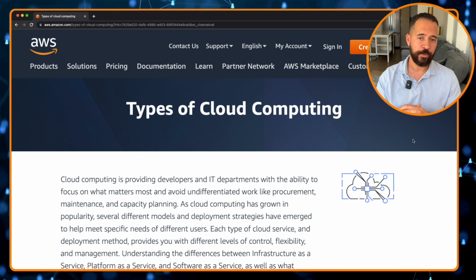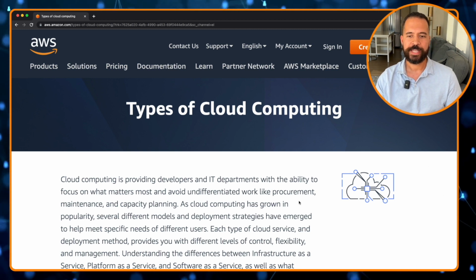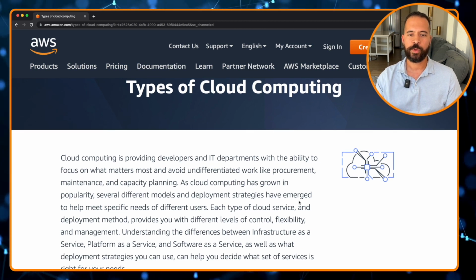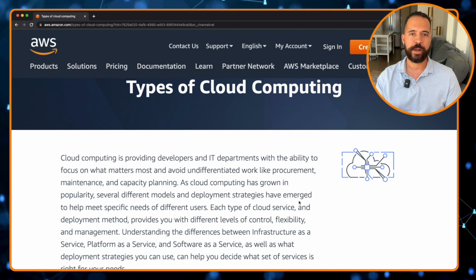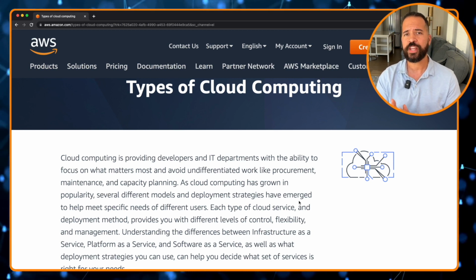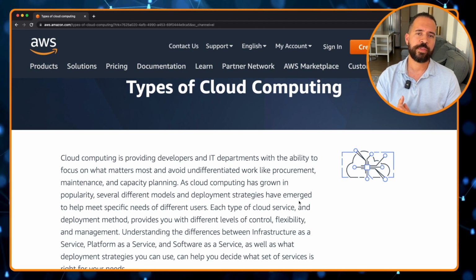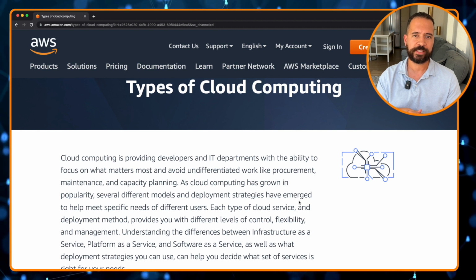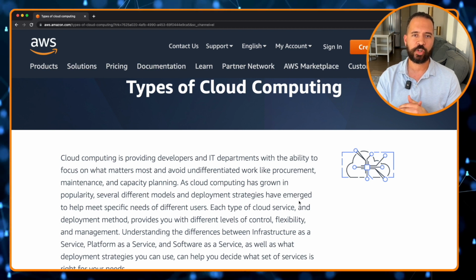So cloud computing, in case you didn't know, provides developers, IT departments, and businesses with the ability to focus on what matters most. Businesses are not going to differentiate themselves by how well they maintain the data center, because most businesses aren't in the business of providing data center services.